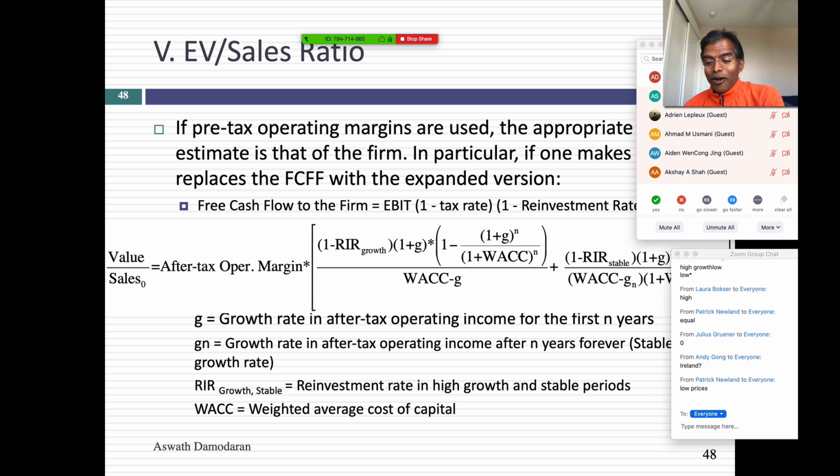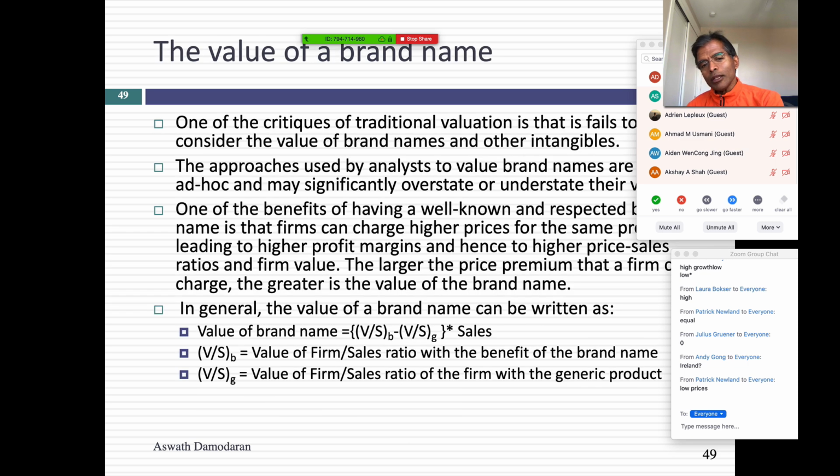Bed Bath & Beyond has a high multiple of sales, but guess what? They have so little in sales, and who cares if you trade at 3 times sales? So when you look at EV to sales, you've got to look past the number to what kind of business model. So here's what I'm going to do. I'm going to use the EV to sales ratio to answer a question that every marketing person seems to want to answer, which is, what's the value of a brand name, right? When you have companies that claim to have brand names, they all want you to pay a premium for the brand name. The question is, what's the value of a brand name?